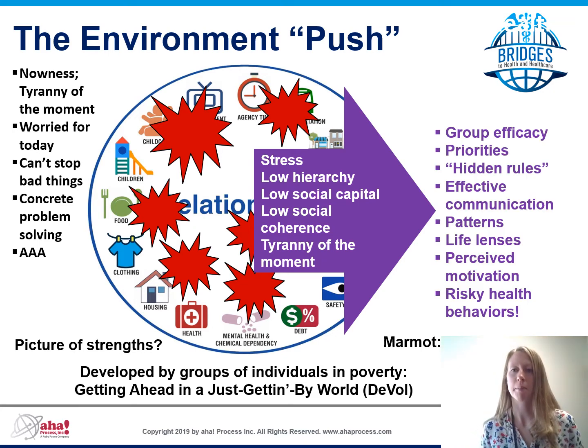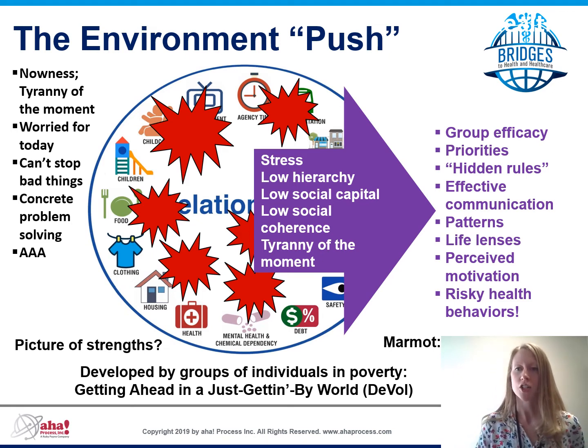When we take a step back and analyze this further, what do we see? This mental model in its analysis was first created by a group of people in poverty in central Ohio. This model is going to be somewhat different by region, race, ethnicity, and cultural history. But there are common features that often appear across models throughout the U.S.